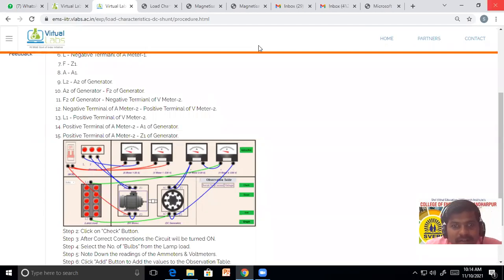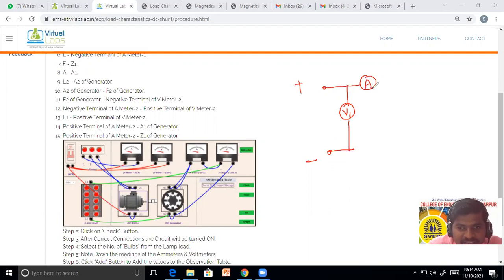Connection diagram बघा. I will draw the connection diagram here. This one is the positive terminal, this one is the negative terminal. Then here is the ammeter. इथे एक voltmeter connect केलेला आहे, याच्यामध्ये हा V1 आहे. Now after that is the ammeter A1. याचं टर्मिनल इथं L ला कनेक्ट केलेलं आहे. Okay, L, then F, and here it is A. See, positive terminal A1 ला कनेक्ट केलेलं आहे. Here the positive terminal can be connected to A1.